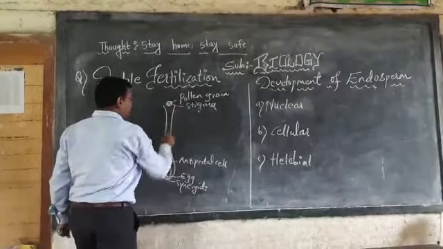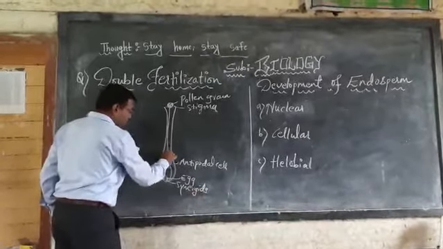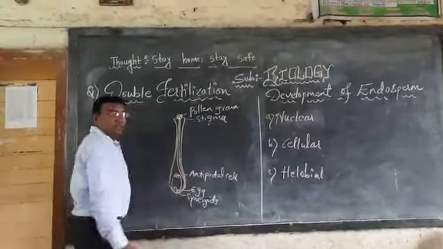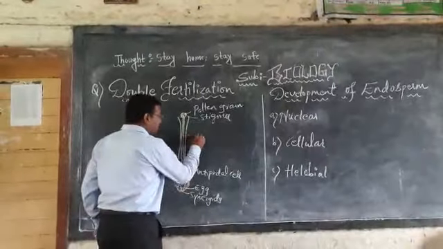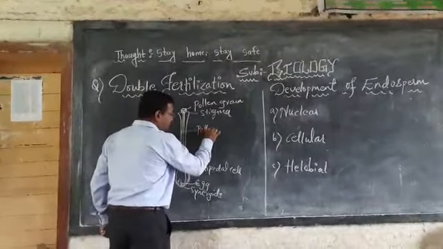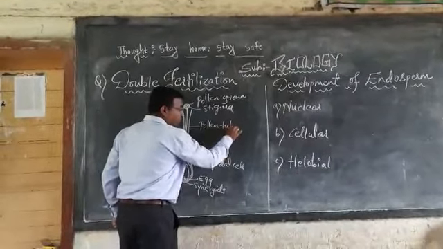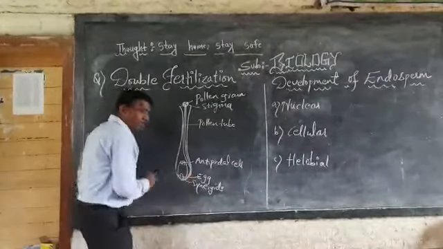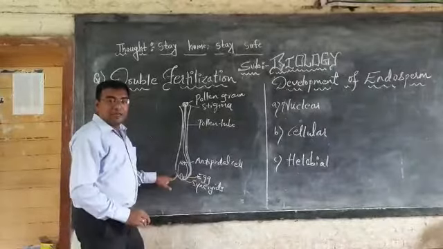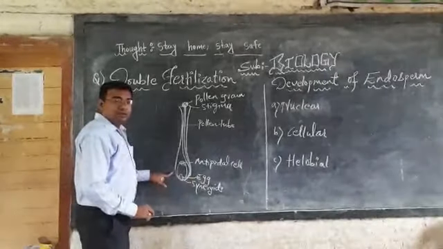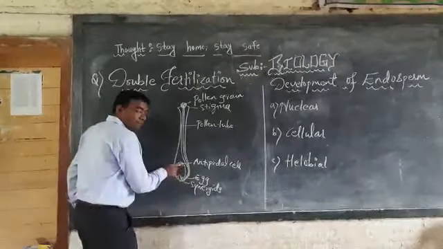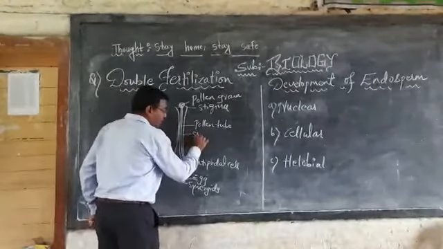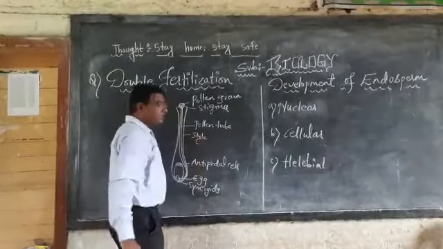And we have also seen that this ovule is being fertilized with the pollen tube. We call this tube the pollen tube, through which the pollen transfers till the ovule. The lower end is known as the micropylar end. Which end? Micropylar end. And the upper end is known as the chalazal end. And the tube in the female part is known as the style.